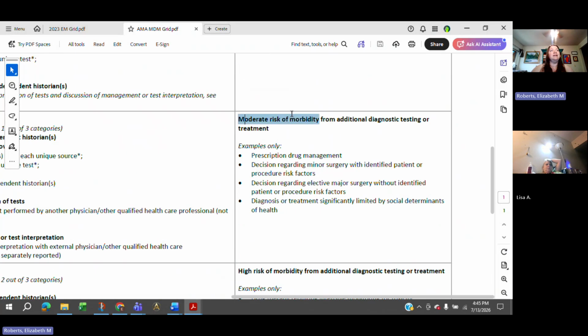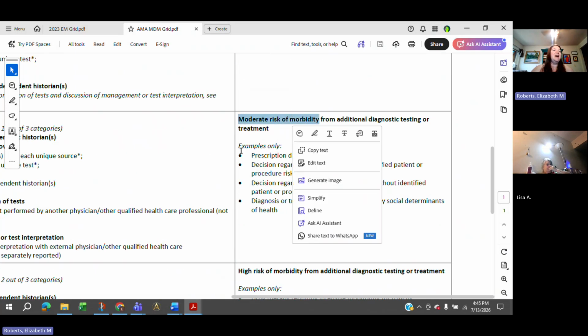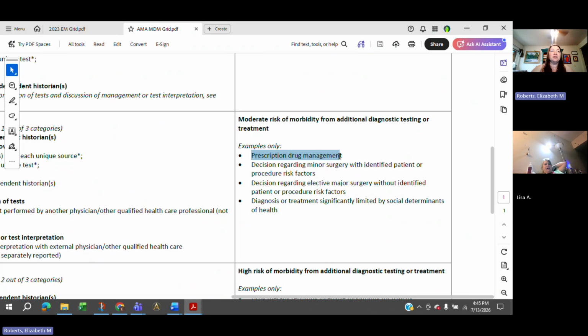Moderate risk, we finally get some examples, thankfully. A really big one here is prescription drug management. Prescription drug management is any kind of drug management: stopping, starting, or changing a prescription, or even continuing a prescription exactly how it is right now, right? Because that still means the doctor has determined that that current prescription is sufficient to manage that patient's condition at that level.